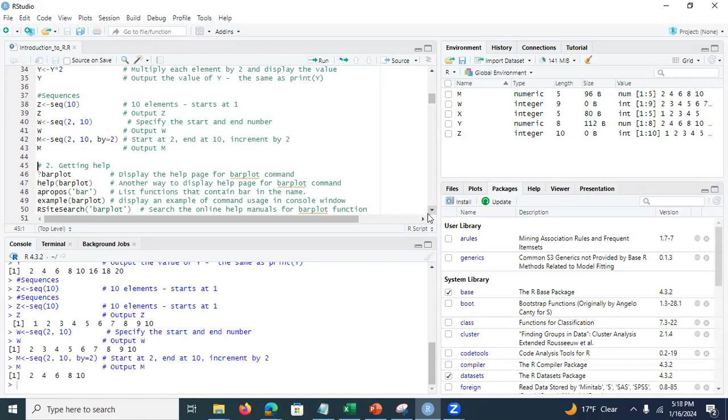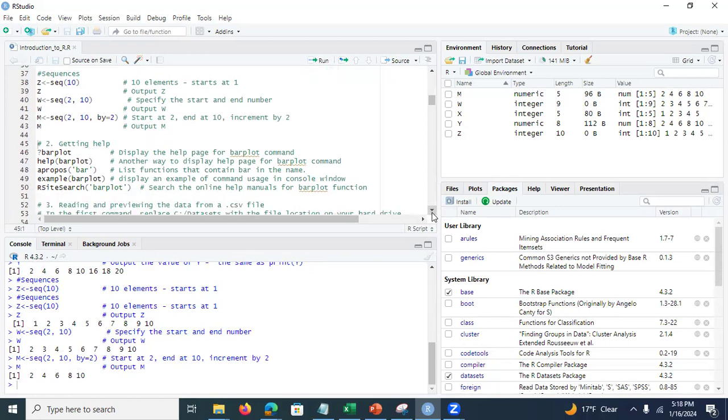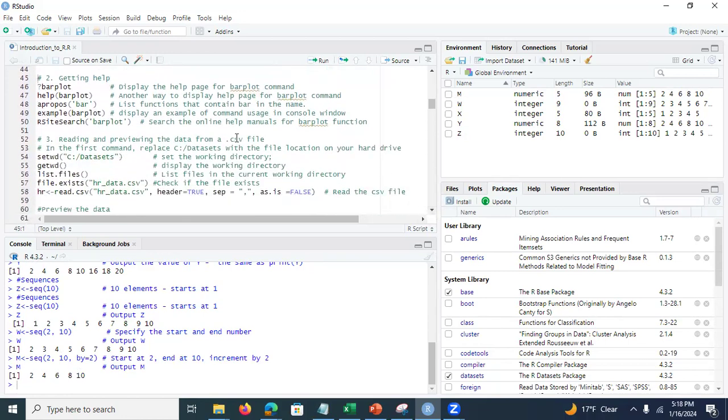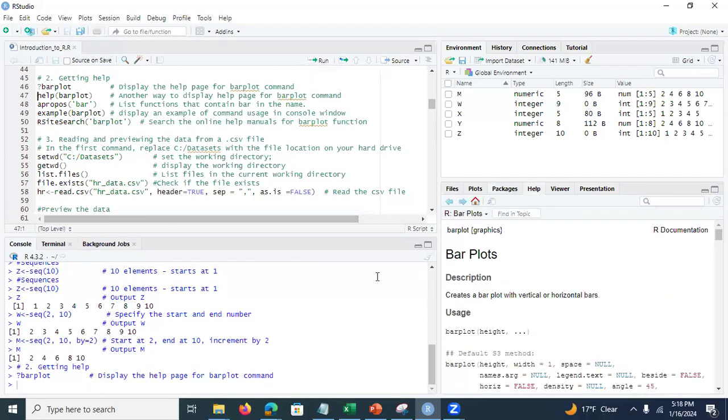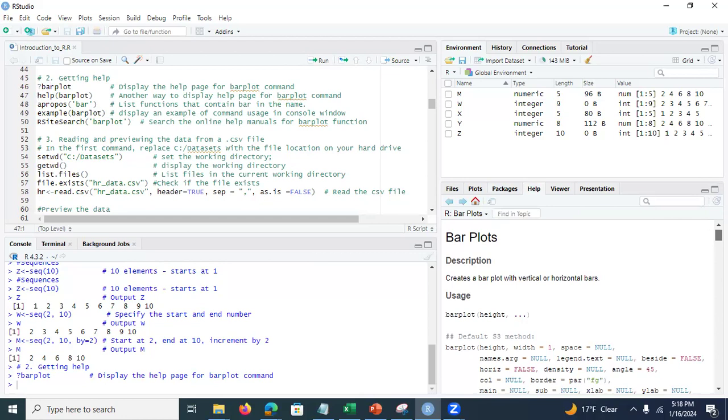R has an excellent help system. For example, suppose that I want to read my help page about the bar plot command. How do we do it? Well, you can type the question mark followed by the command. So question mark barplot is going to do what? It's going to display the help page for barplot here, right? So it's going to tell you,